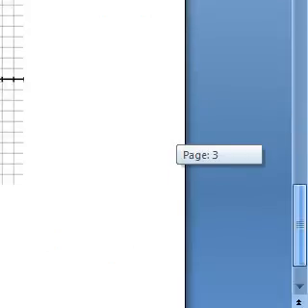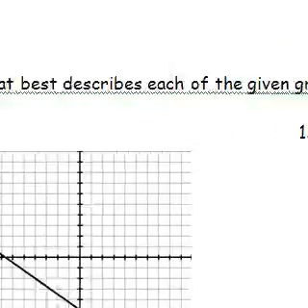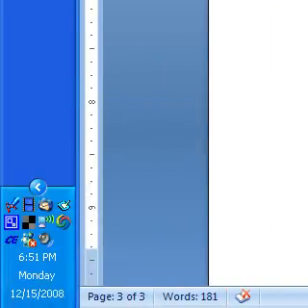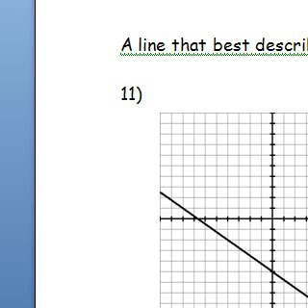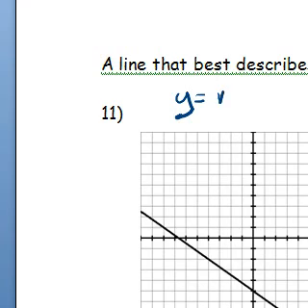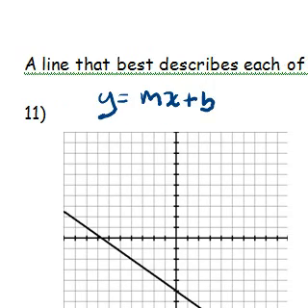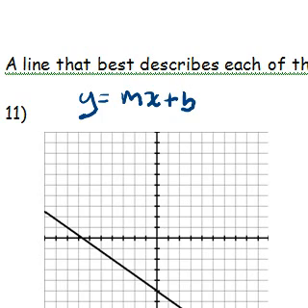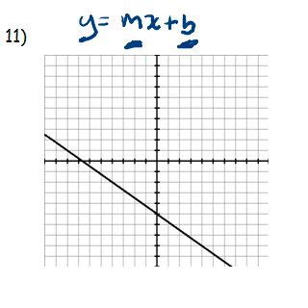All right, let's move down to 11 and 12, a line that best describes each of the given graphs. Okay, well, what we'll do is we'll use y equals mx plus b. So we'll inspect for the b and then inspect for the m. b is always the y-intercept. Here's b on that one. So b is 1, -1, -2, -3, -4, -5. So -5 equals b. And our slope,